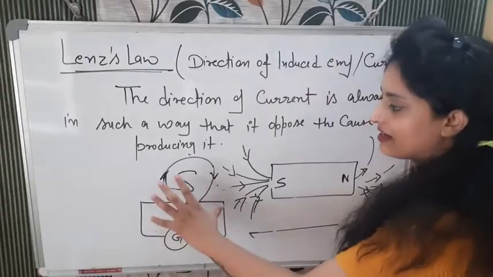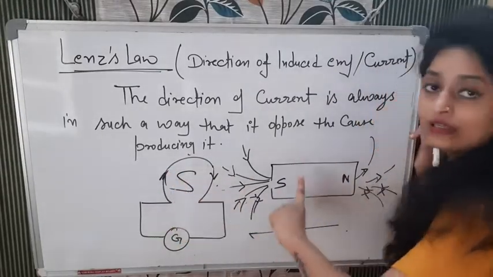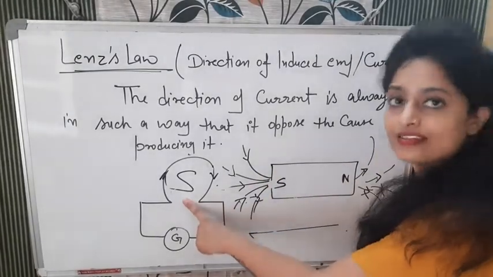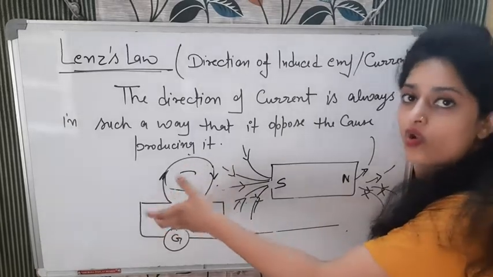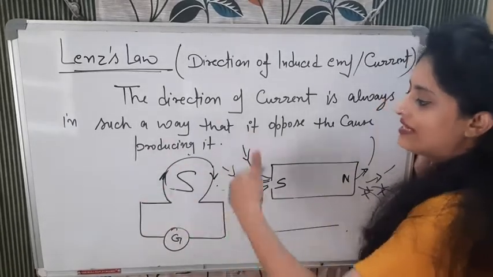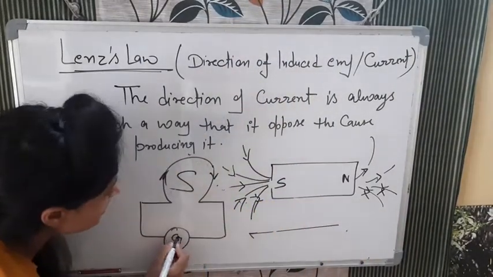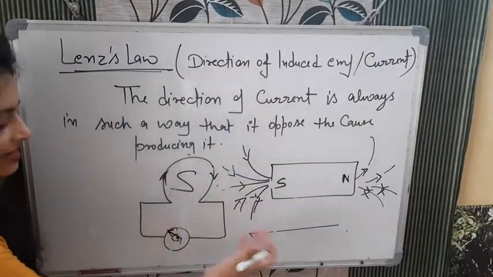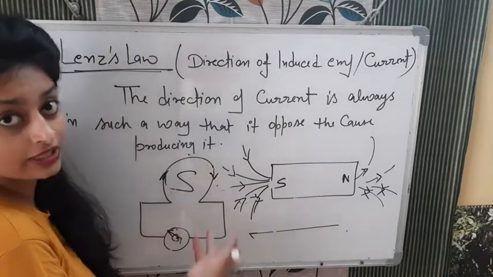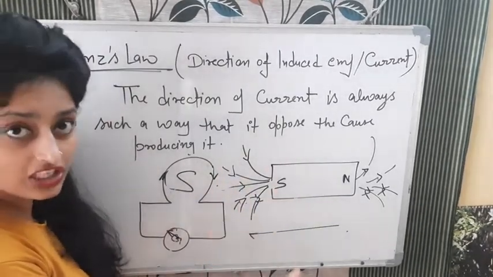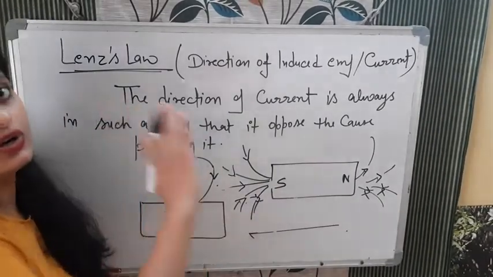Due to the change in magnetic flux, current will be induced, but again it tries to oppose this. Oppose करने के लिए यहाँ पे कौन सा pole होगा? South. So this will be the behavior now. South means clockwise. Current will flow in the clockwise direction, and this needle will also deflect. For example, clockwise, so it will deflect left, and if it is anti-clockwise, it will deflect right. But if both are at rest, there is no change in magnetic field lines, no change in magnetic flux. Due to that, no induced current, no direction. The galvanometer will show no deflection.